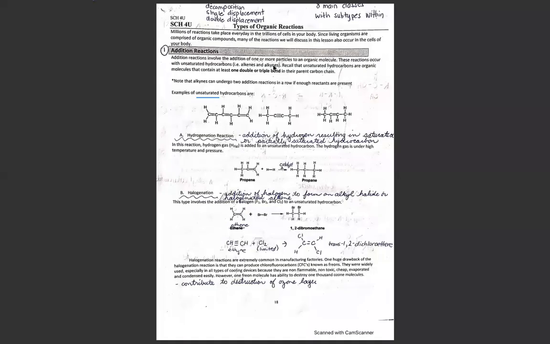Hi everyone. So we're going to go back and look at all the different types of reactions that we have in organic chemistry. So there's 8 main types, and addition is the first main type that we have. So we saw that in addition reactions, we're always dealing with unsaturated hydrocarbons. So these unsaturated hydrocarbons have to have at least one double bond, or we can have a triple bond as well, where we're going to add something across that double bond, and that double or triple bond is going